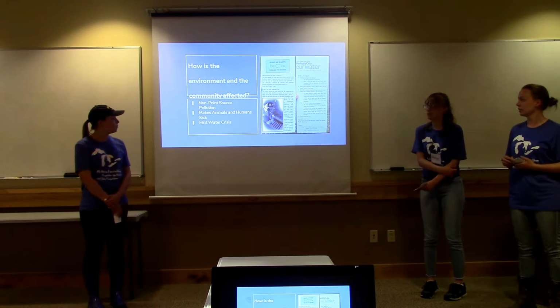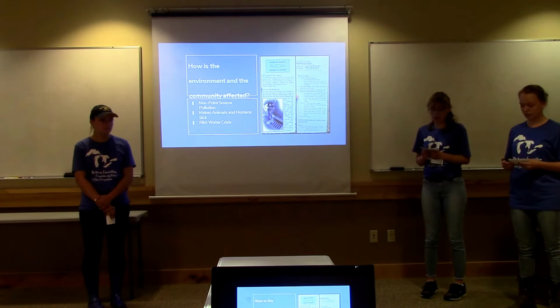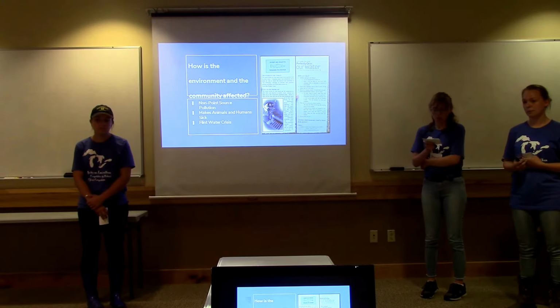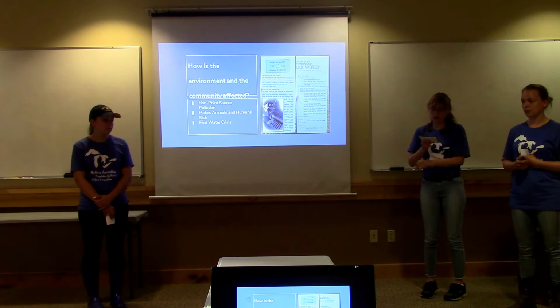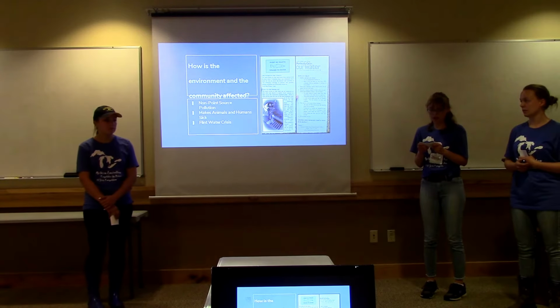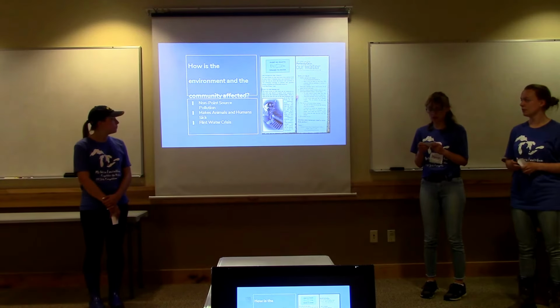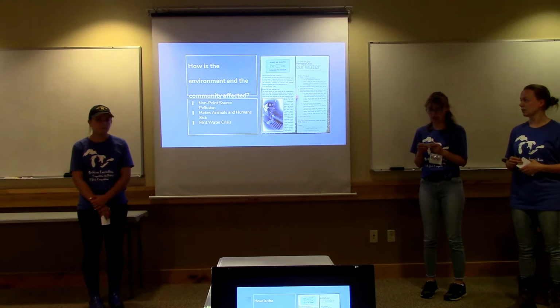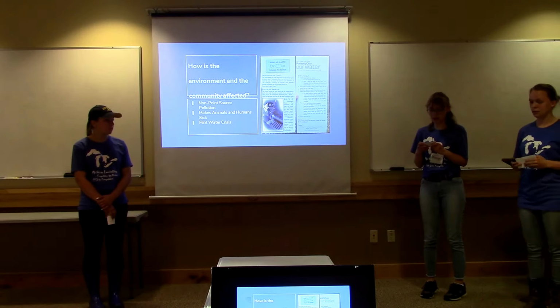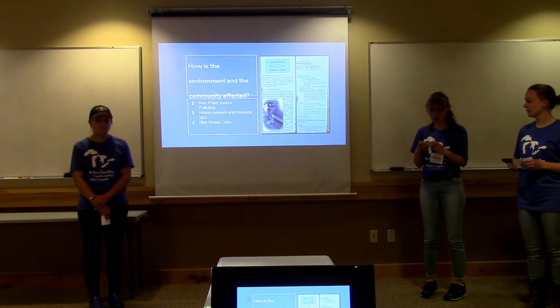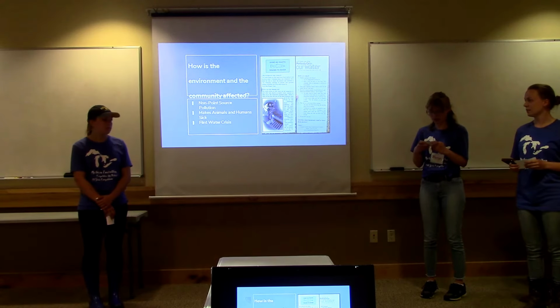How is the environment and the community affected? Pollutants cause water to be dirty, cloudy, and toxic to the land, wildlife, and aquatic life. Fish can be killed due to the water being toxic to them. Aquatic plants' growth can be stunted or not be able to thrive at all, leading it to die. Any animals that drink the water from the river may become sick and die. Plants that uptake the water through their roots may also be negatively affected by the pollutants. The number of nutrients in the ground could be raised or lowered, which may lead to the plant's death.